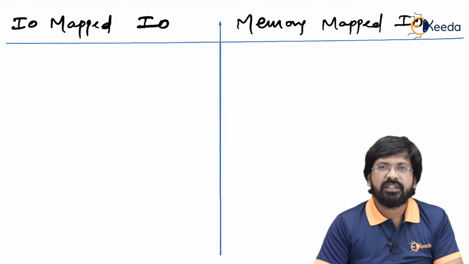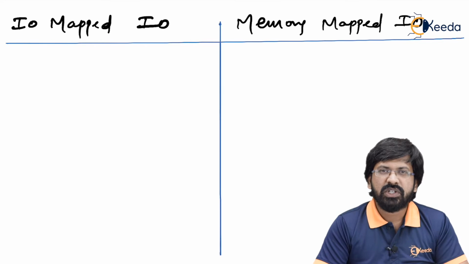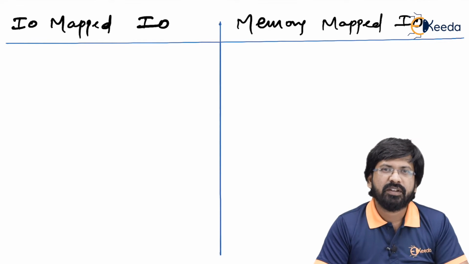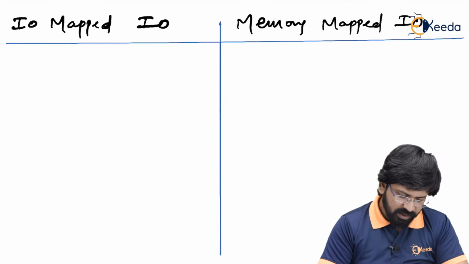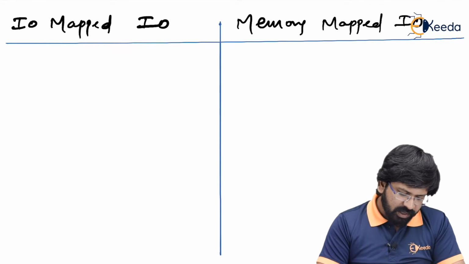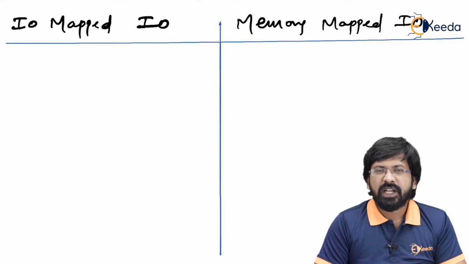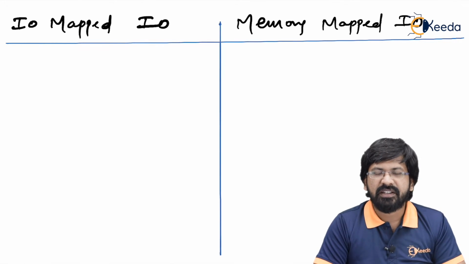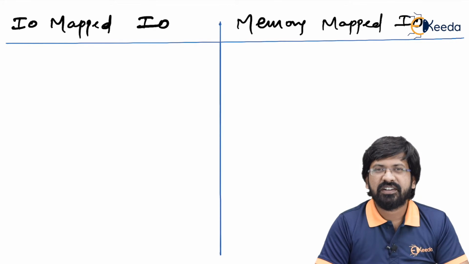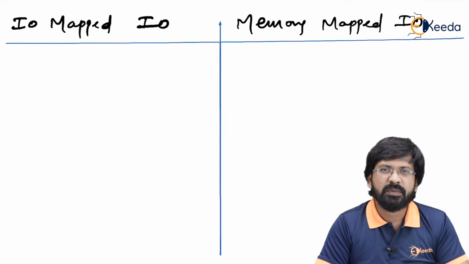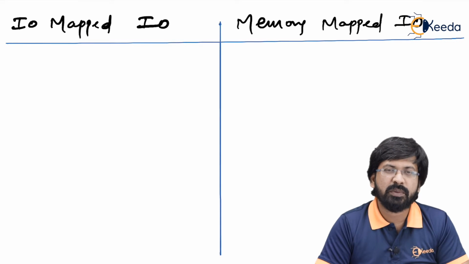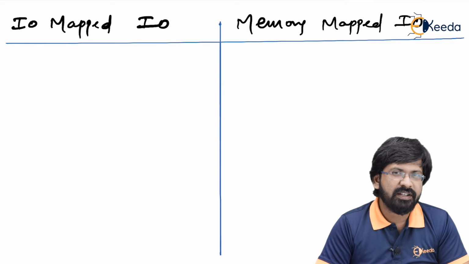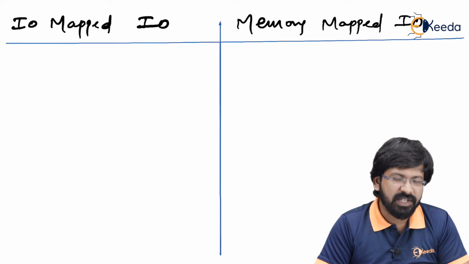In fact, these two techniques are actually showing you the technique by which IO devices are treated while interfacing with the microprocessor. For example, when I'm saying I'm using IO mapped IO technique, it means I'm treating IO devices as IO and memory devices as memory. Then students wonder, so what are you saying, IO devices should be treated as IO and memory devices of course should be treated as memory devices. What's the big deal in that? So just listen to me and stay focused on what I'm saying.